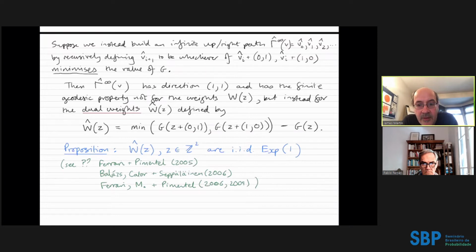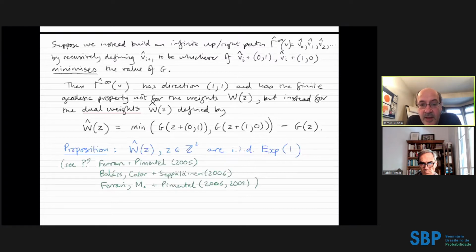So this gives us another infinite path. And this is going to have the direction 1, 1. So it's going to go in exactly the opposite direction. And it's going to have a finite geodesic property, just like the path that went down to the left, but not anymore for these weights W of Z, but instead for some dual weights, which I've called W hat of Z. So we've got some field W hat of Z, which obeys a very